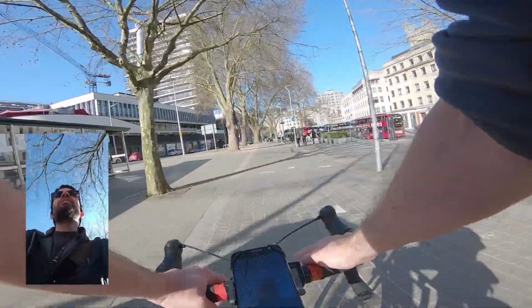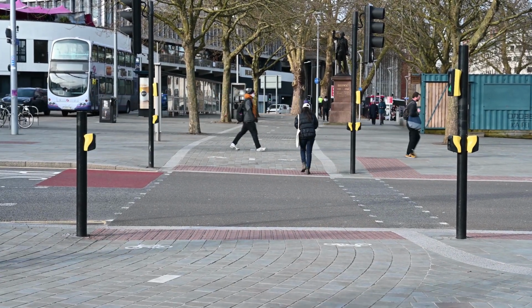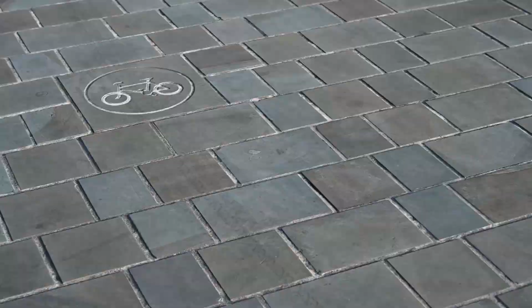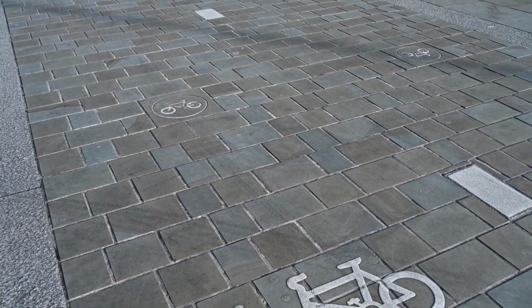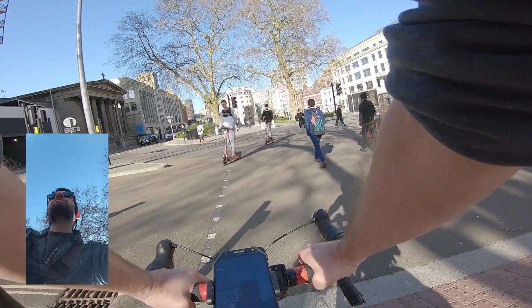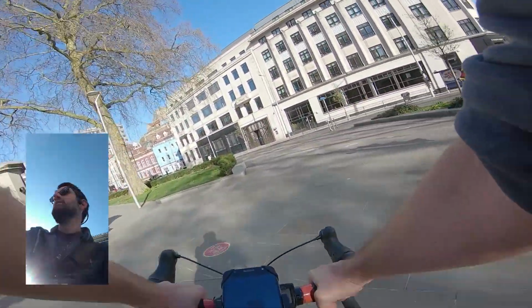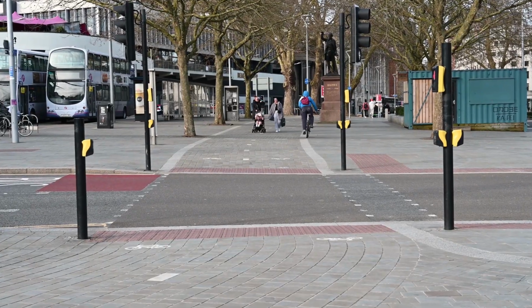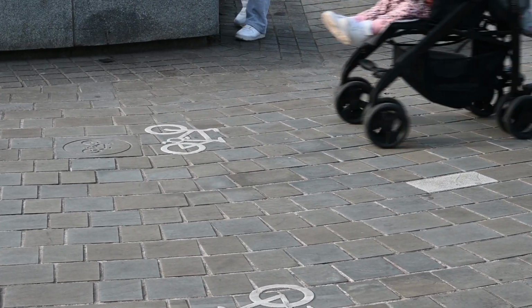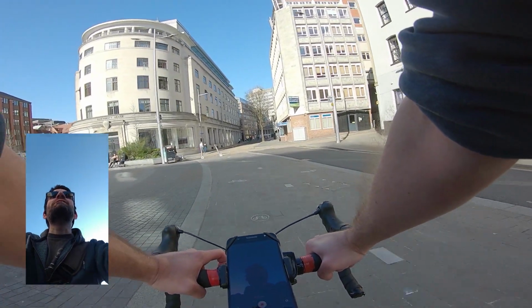Along the way, going along yet another one of the city's disguised routes, people are walking along it, even though, as well as the subtle paving blocks in here, there are now extra painted cycle symbols to reinforce that this is the cycleway. It's a bit fiddly in that we've got to cross over to the other side. In fact, it's worth mentioning that this particular camouflaged route was only put in the past few years, 2 or 3 years I think,